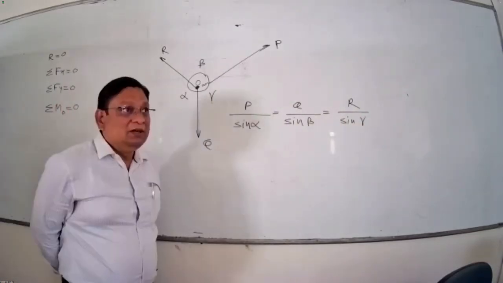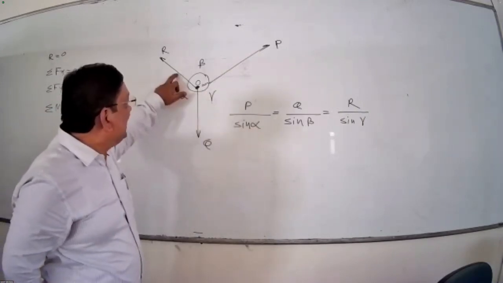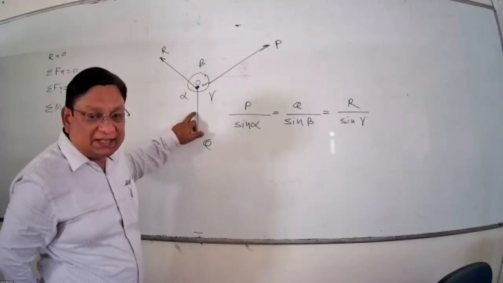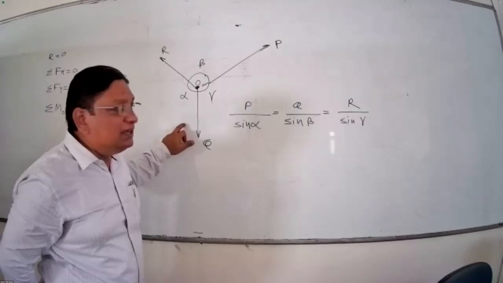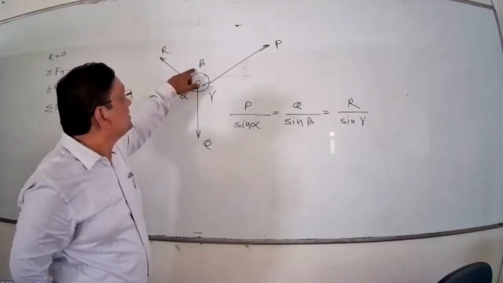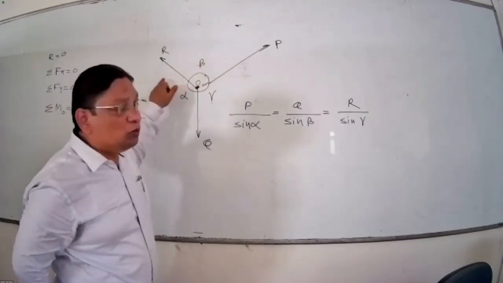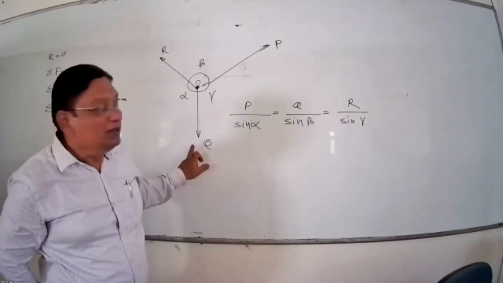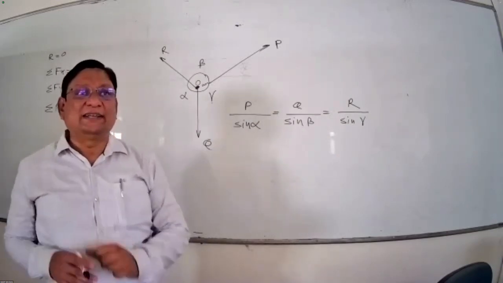One by one, if I observe it here, P is the force, and alpha is the angle between the other two forces. Alpha is the angle opposite to the force P. The same goes for Q: Q upon sine of beta, where beta is the angle between the other two forces, P and R. Similarly, R upon sine of the angle between P and Q. So this is Lami's theorem. Now listen carefully, Lami's theorem says, if the body is in equilibrium under the action of three concurrent forces,